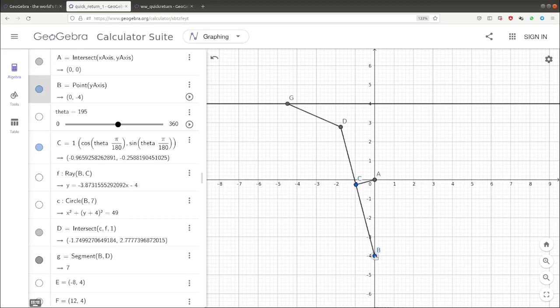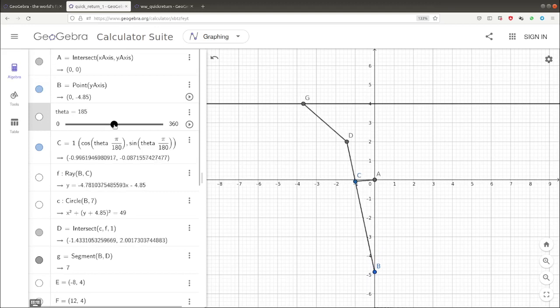If I take this point even further, theta r will increase further, which means the quick return ratio will come down.